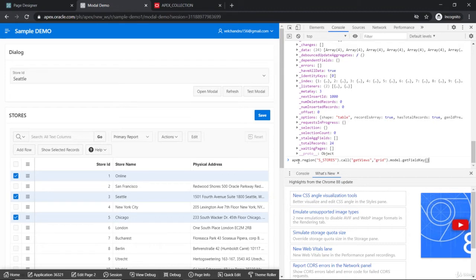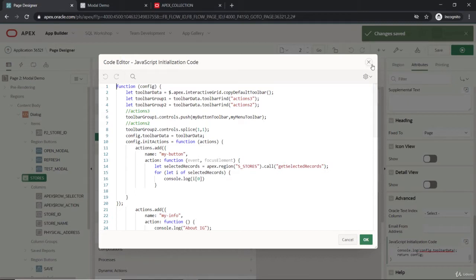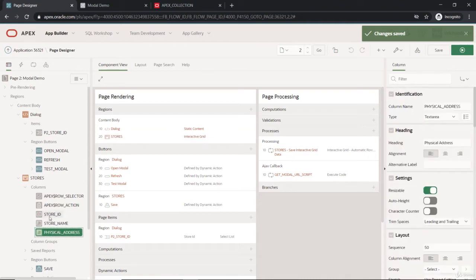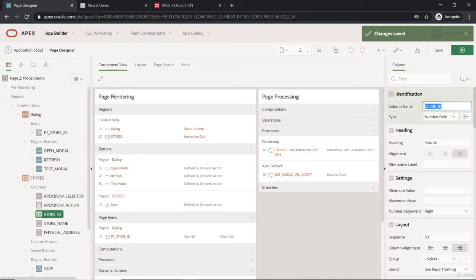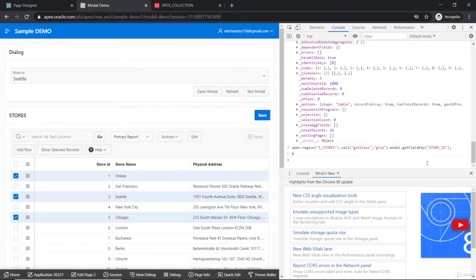So if I go to the page, and we have some columns, right? So going to this interactive grid, we have the columns store ID, store name. So store ID is the primary key, right? So I'm going to use that as the parameter. So I'm going to put it inside as a string here. So this will accept the column name, right? So if I put this, I'll get some number,